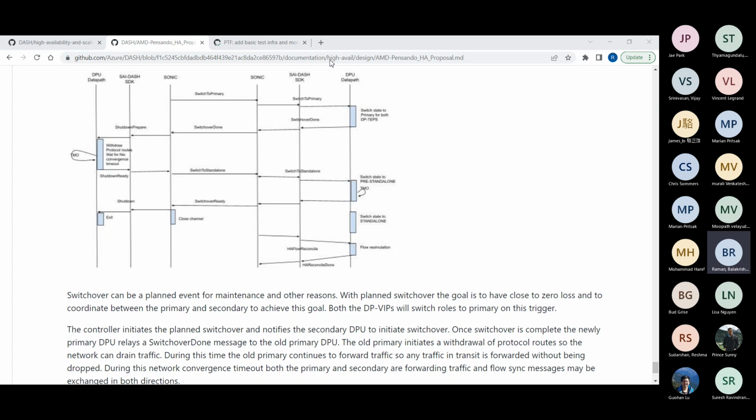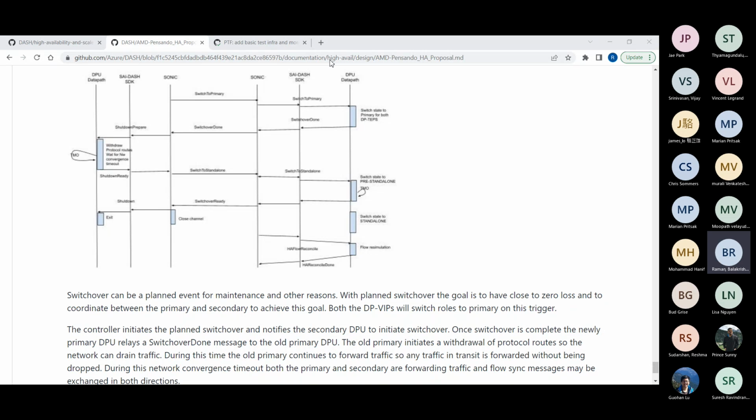So it won't do any flow sync requests towards the old node, but whatever is coming from the old node, it will take. So it is a different kind of role, not a standalone role. It will take whatever is coming in the form of flow sync responses, for flow sync requests that were sent sometime back. Those things it can take, but this new node in pre-standalone state doesn't send any flow sync request from that state onwards.